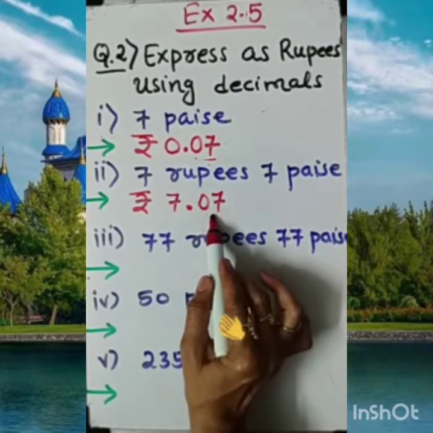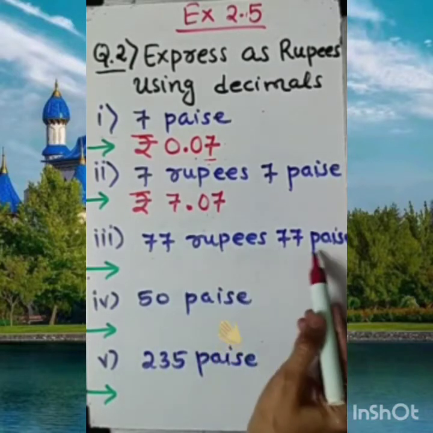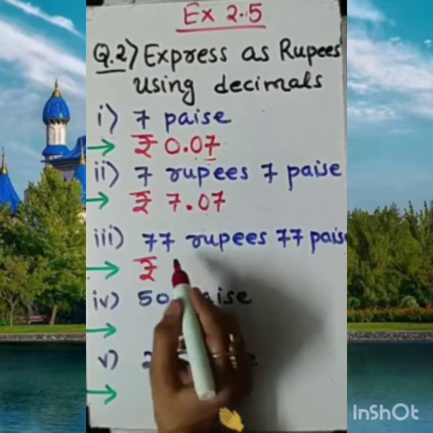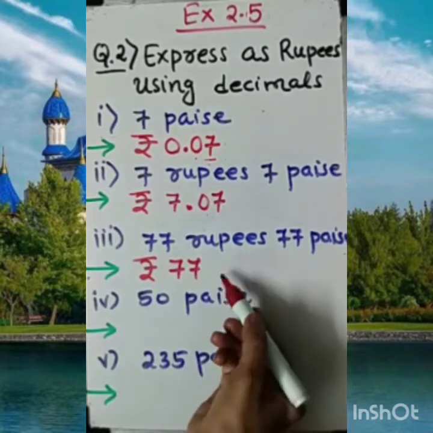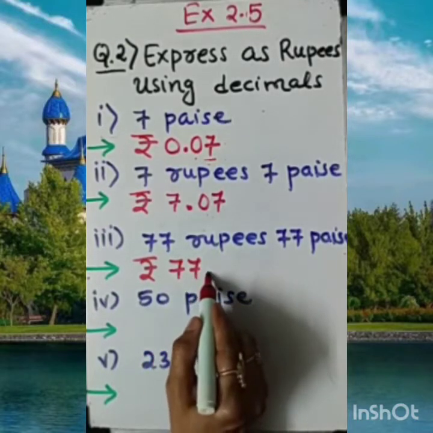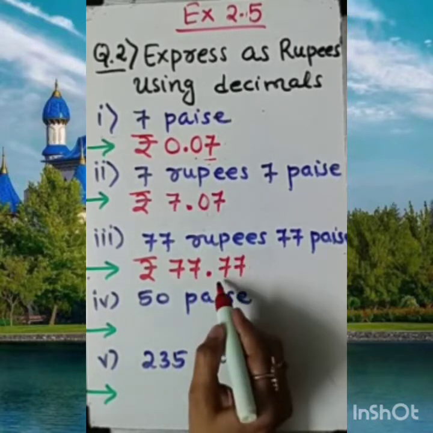7.07 we need to write. Okay. Next, 77 rupees 77 paisa. Quite easy. Rupees sign, don't forget to mention. Integer part, that is rupees part, is before decimal. So that is 77. And what about this paisa part? That is also 77. So I need to write